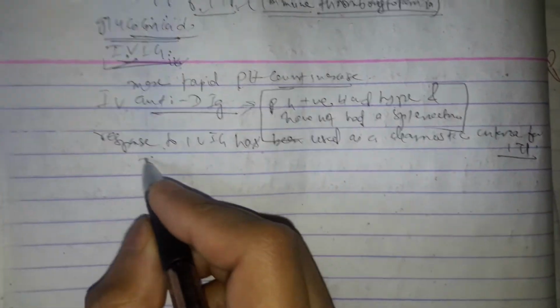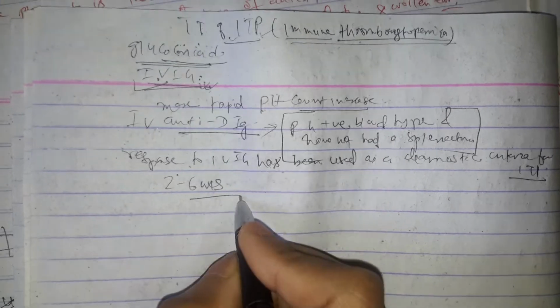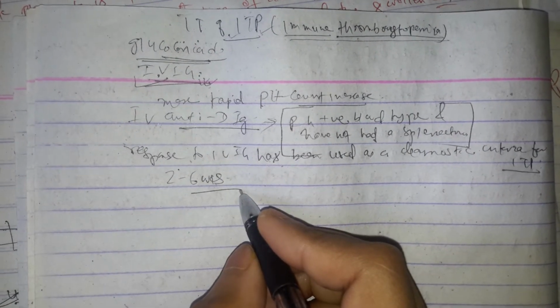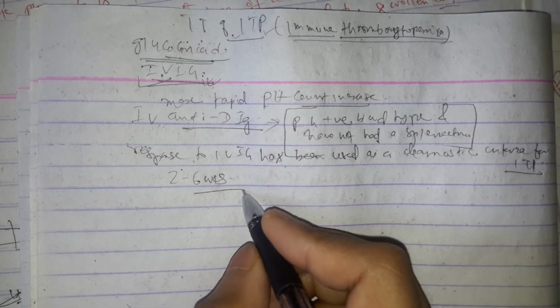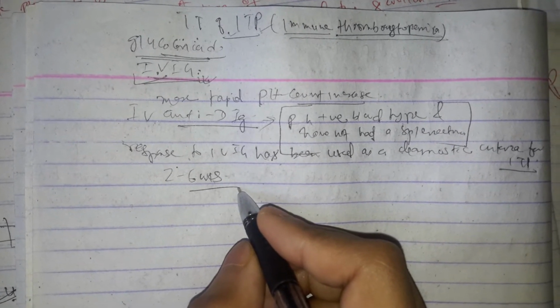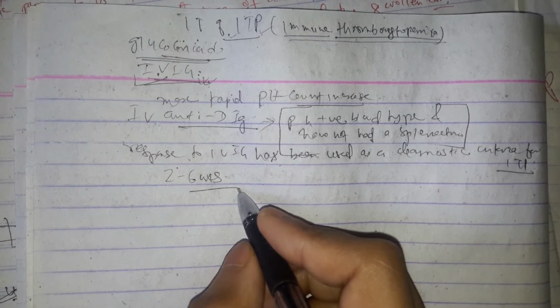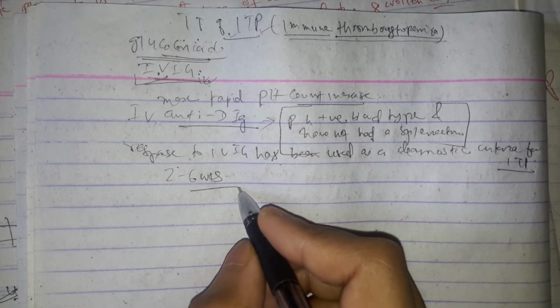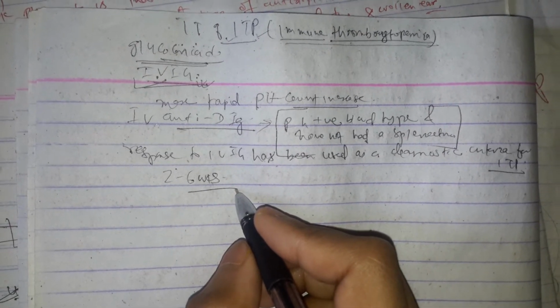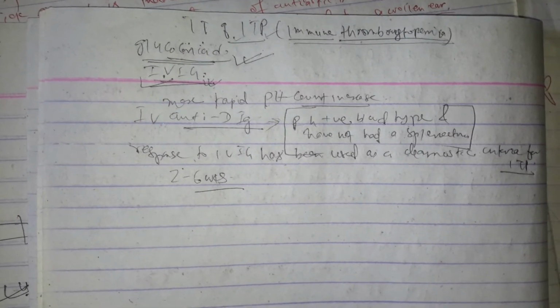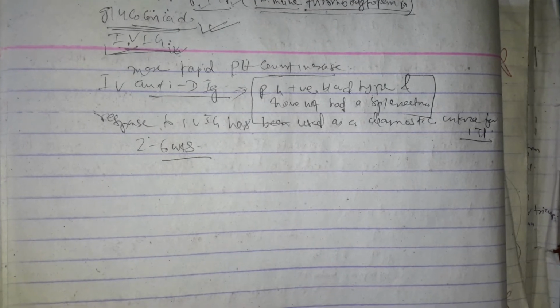The effect of IVIG usually persists for 2 to 6 weeks. Thus IVIG is most useful for patients who require a more rapid temporary increase in platelet count, like for urgent management of bleeding associated with thrombocytopenia, or before urgent invasive procedures, or those unable to tolerate glucocorticoids, or are waiting for second line therapy, okay.